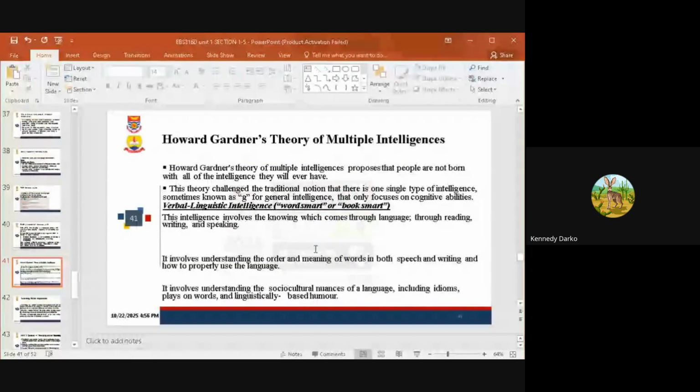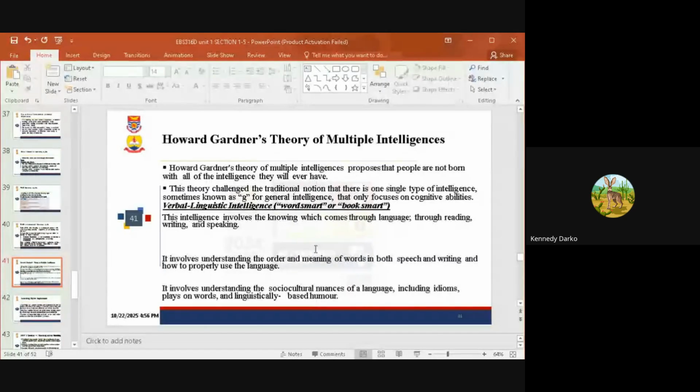Thank you. Now, let's look at Howard Gardner's theory of multiple intelligences. What is he saying? He proposes that people are not born with all of the intelligence they will ever have. Now, this theory challenged the traditional notion that there is one single type of intelligence, sometimes known as g, for general intelligence,